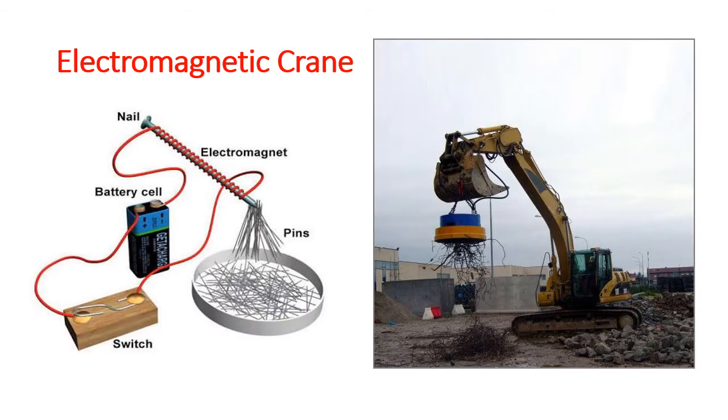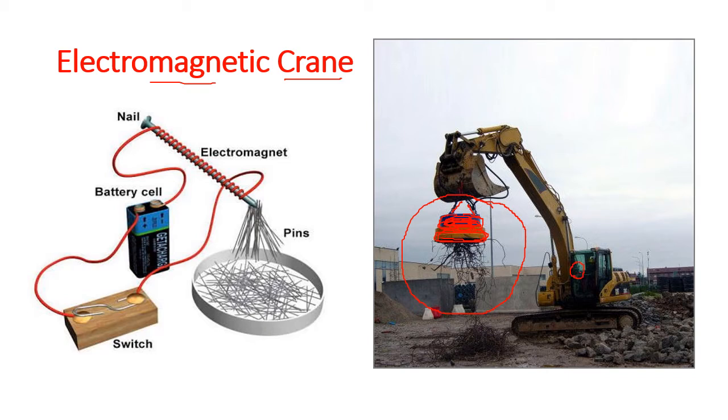One more application of the electromagnet is the electromagnetic crane. I have put a picture here to see the crane. You can see how magnetic and non-magnetic materials are separated from the junk. Now this yellow thing you can see is a huge iron piece, and in this blue part there is a round copper coil. The copper coil is inside this. A huge round copper coil. And there are wirings which are shown here, and the switch which lies with the panel over here.